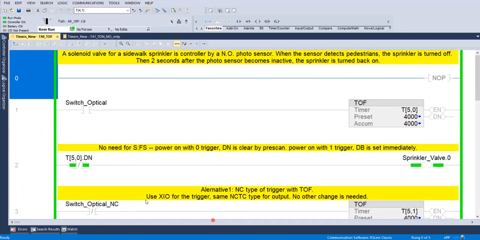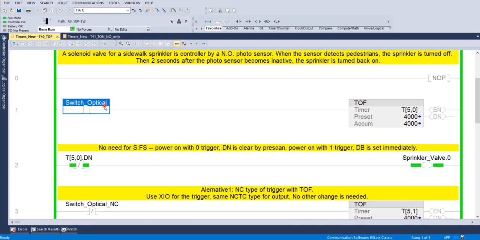We don't look at the normally closed. Let's look at the normally open type first, right? Normally open, right now value is 0. That means no people is around, right? So then we have the valve energized, right? It's spraying the water. And then when people walk in here, that will trigger, you can see that turn off immediately, right? I changed that time to 4 seconds. 2 seconds is too short to observe that, right? So if we simulate people walking away, that turns off and holds for 4 seconds,